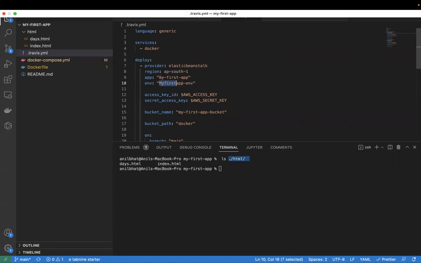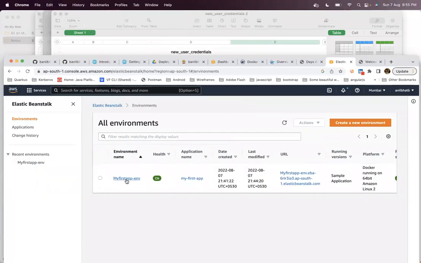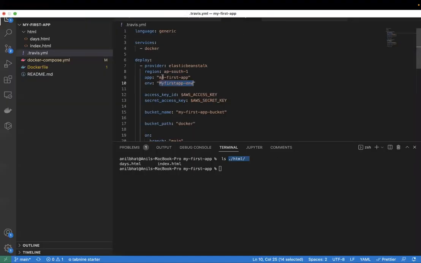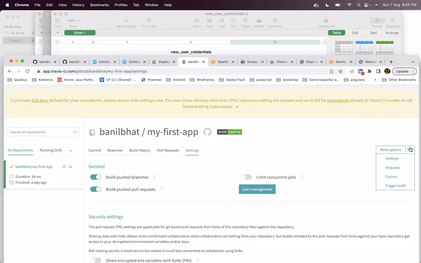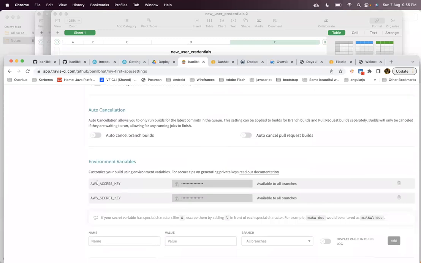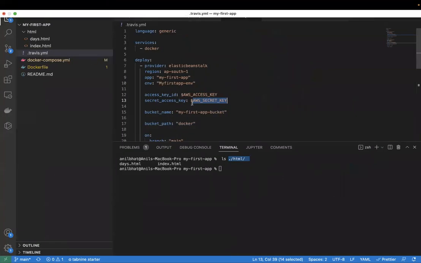Your environment name is there in travis.yml, the app name is there in travis.yml, and you have configured your AWS key and AWS secret key in Travis, so that you can add it in the Travis YML here. So in more options, you can see the settings, AWS access key, AWS secret key. So this is what you are getting.